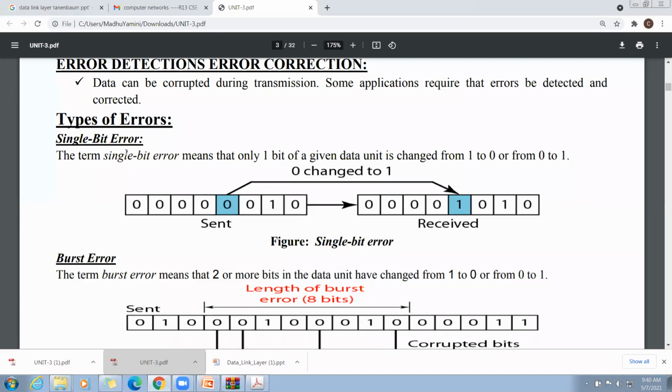See the diagram. The single bit error is very simple. This is the sent bit stream and this is the received bit stream.